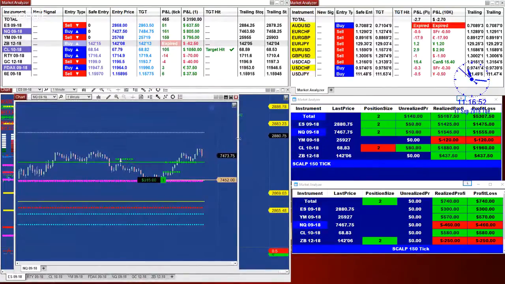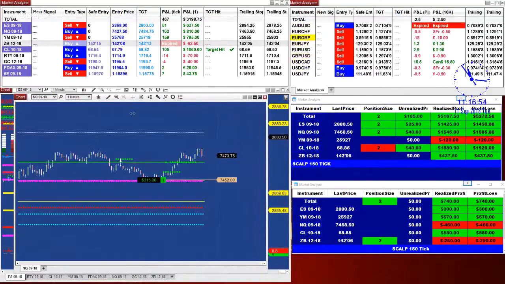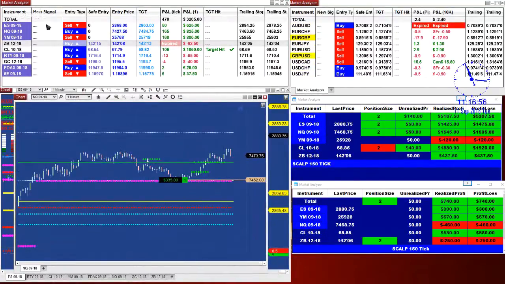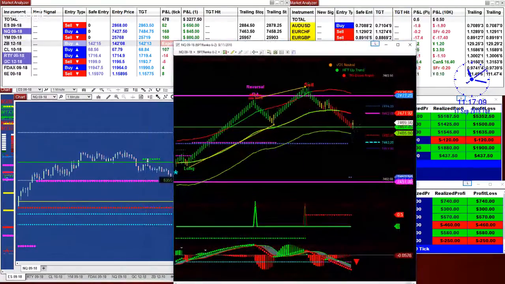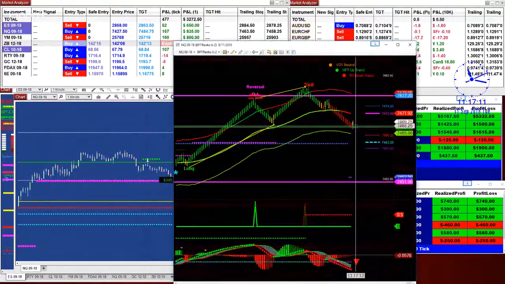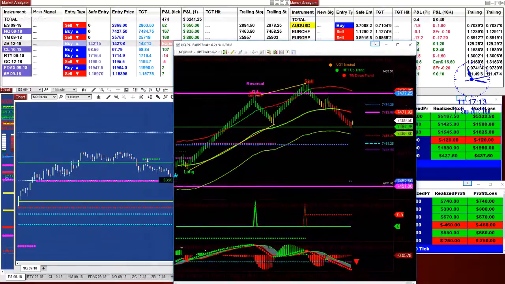and you keep your eye on the first column here on the market analyzer. When there is a new signal coming up, it tells you the entry and the target. And look, you see what I told you? Now I don't like this projection. You see that? I said I don't want this projection.